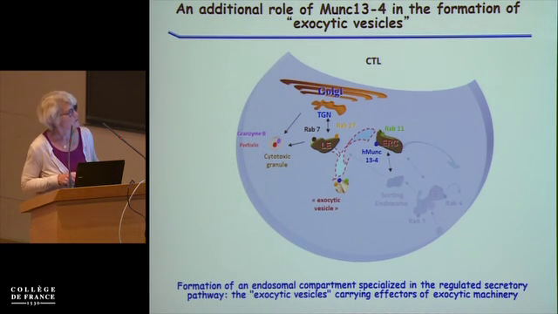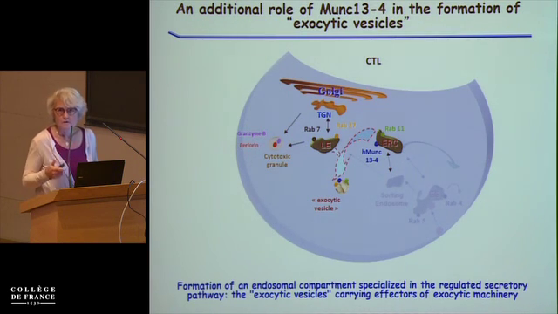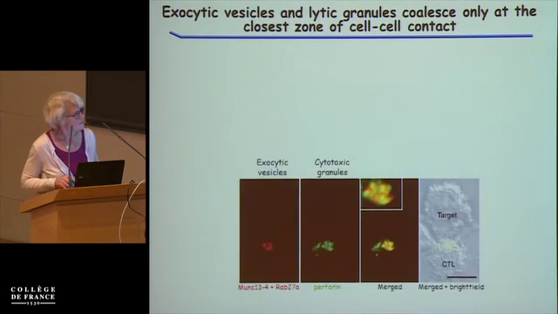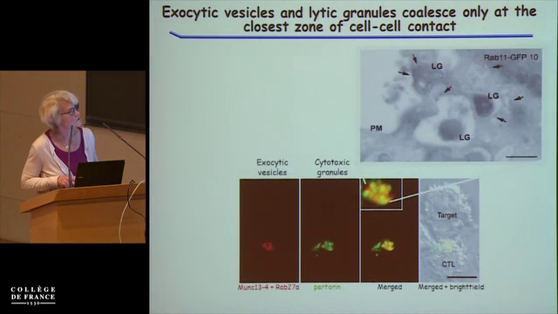And thus, to exocytose their content, these lytic granules, which contain perforin and granzyme, need to cooperate with these exocytic vesicles, and this occurs only when cytotoxic cells recognize the cognate target cells and form a conjugate, which leads to the polarization of the two types of vesicles toward the cell-cell contact, as shown here on confocal analysis, showing that the two types of vesicles, the exocytic vesicles and the cytotoxic granules containing perforin and granzyme, polarize at the cell-cell contact, and only at the closest zone of the cell-cell contact strongly overlap and likely fuse into more mature cytotoxic granules,